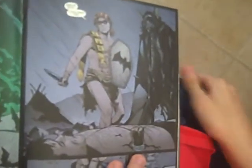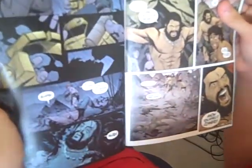Even though he's not Robin, he makes a good Robin for this chapter. He gives Batman the utility belt, and then he says, you gotta run, the guy is coming, and the guy says, I'm going to kill the god and eat his heart, blah, blah, blah. And he's like, where are you? Because he went away, and now he's back, and he flies